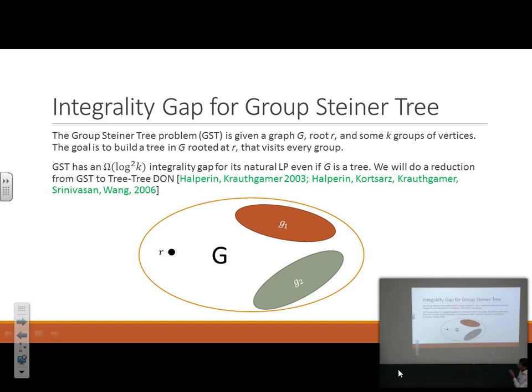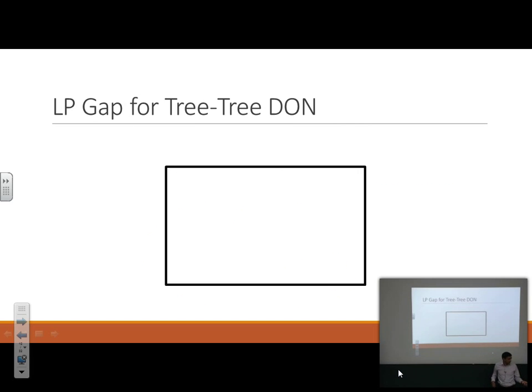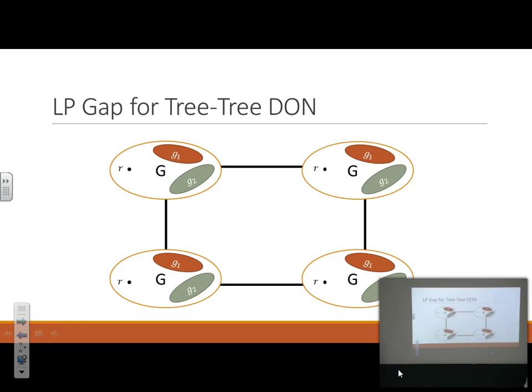And I'm going to use that integrality gap construction to build a larger instance, which is going to have this at least log n integrality gap. So how do we do that? Well, apparently these things come up a lot in these reductions. I'm going to start with the hypercube. This is the largest hypercube I could put in 2 dimensions. In every coordinate of this hypercube, I toss one of the copies of my hard integrality gap group Steiner tree instance. So I have 4 copies here when I have 2 groups.